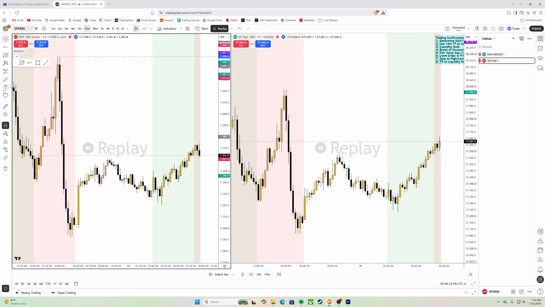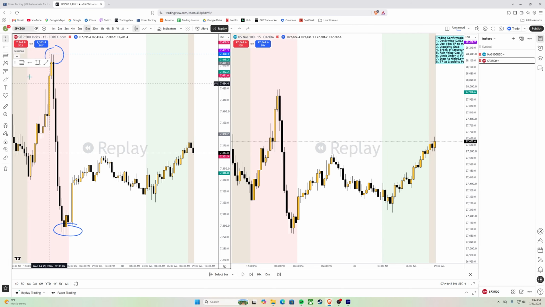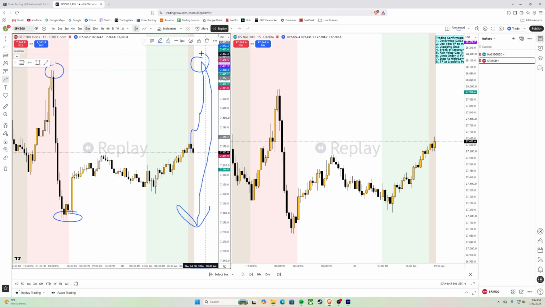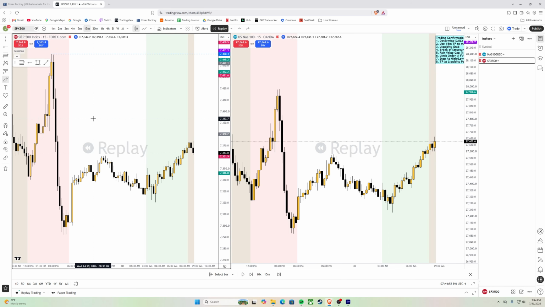Now, when you think about it, price is working between this high and this low, and price is around the middle. Just looking at it right now, it is very unlikely that price is going to make its way up here before allowing us to trade so that we can take price all the way down. However, that is the bias that we have. We are bearish, so that is what we marked as our liquidity pool.